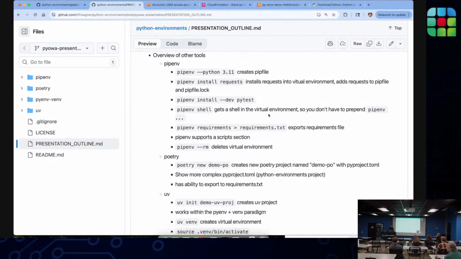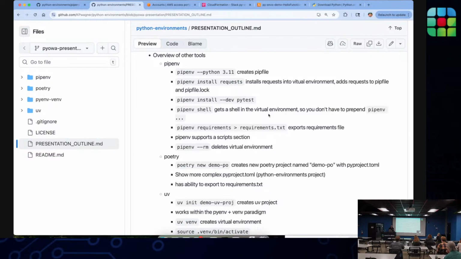So, with pyenv, you can export the requirements to a more simple requirements.txt file. And to me, that capability is handy, and it's kind of like the universal translator between these different tools. You can always export how the project is defined in the given tool, whether it's pyenv, poetry, UV. And then once you have that requirements.txt file, it's kind of portable between anything.